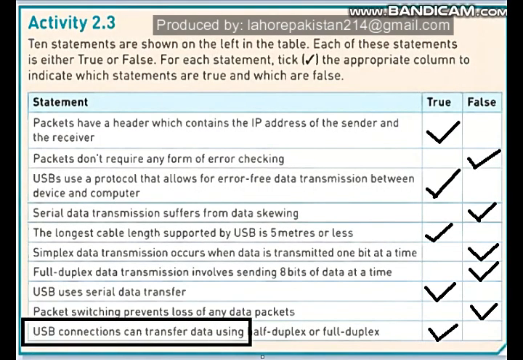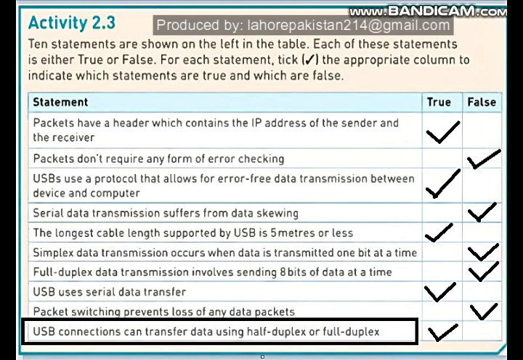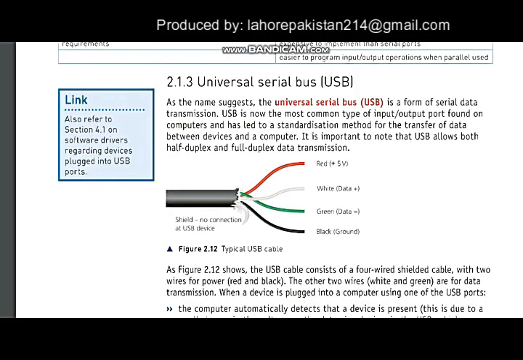The last statement is this: USB connections can transfer data using half duplex or full duplex. You can see it from here that it is important to note that USB allows both half duplex and full duplex data transmission, in which data can be sent and received in